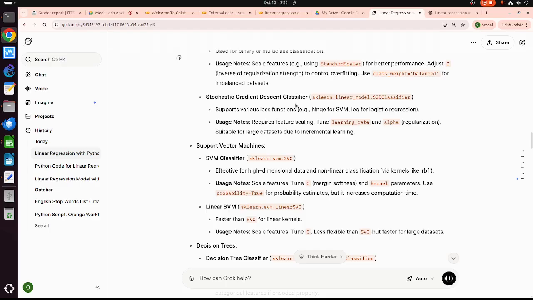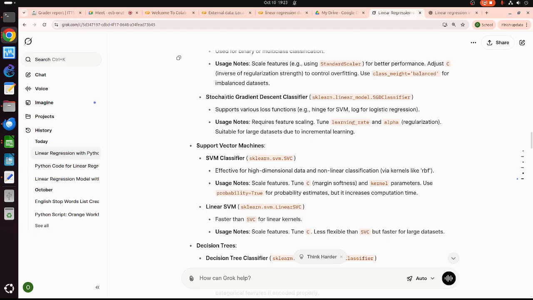Stochastic means random, so the gradient will be significantly random, and we are trying to fit the data as fast as possible.